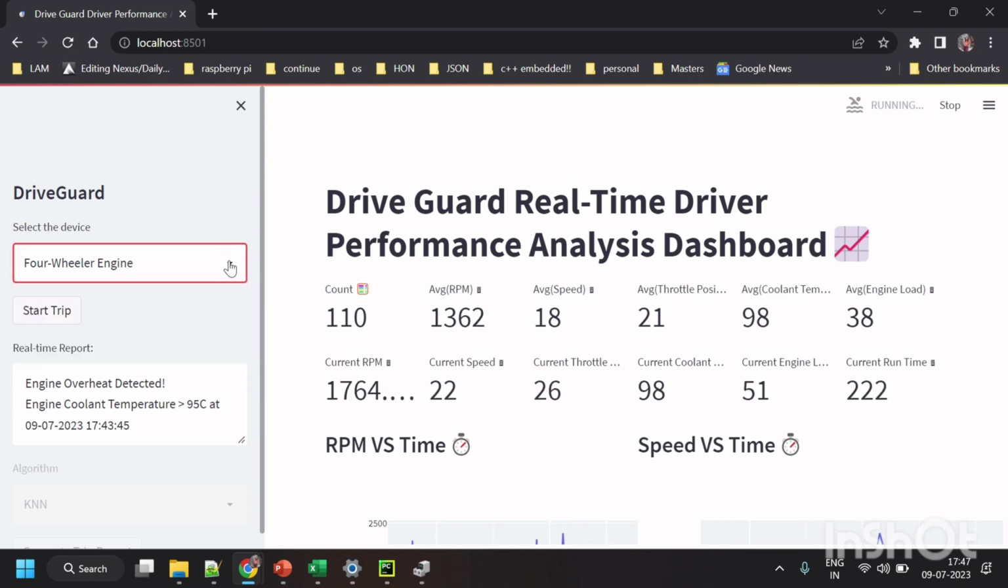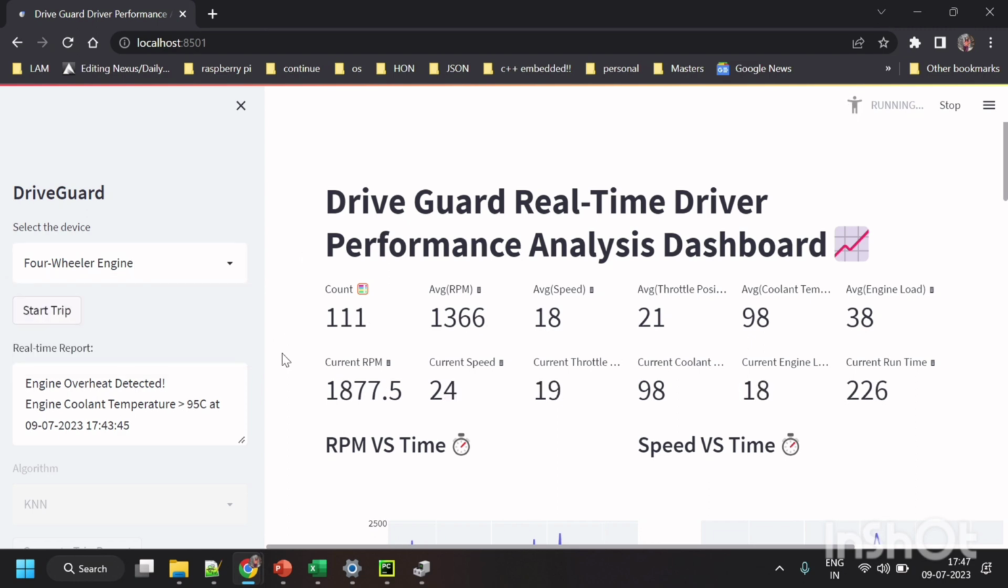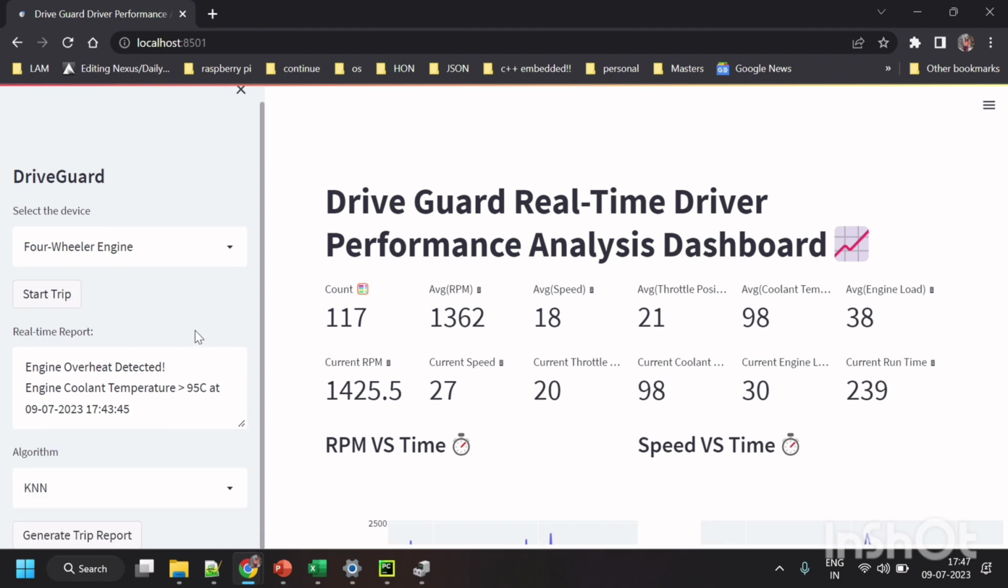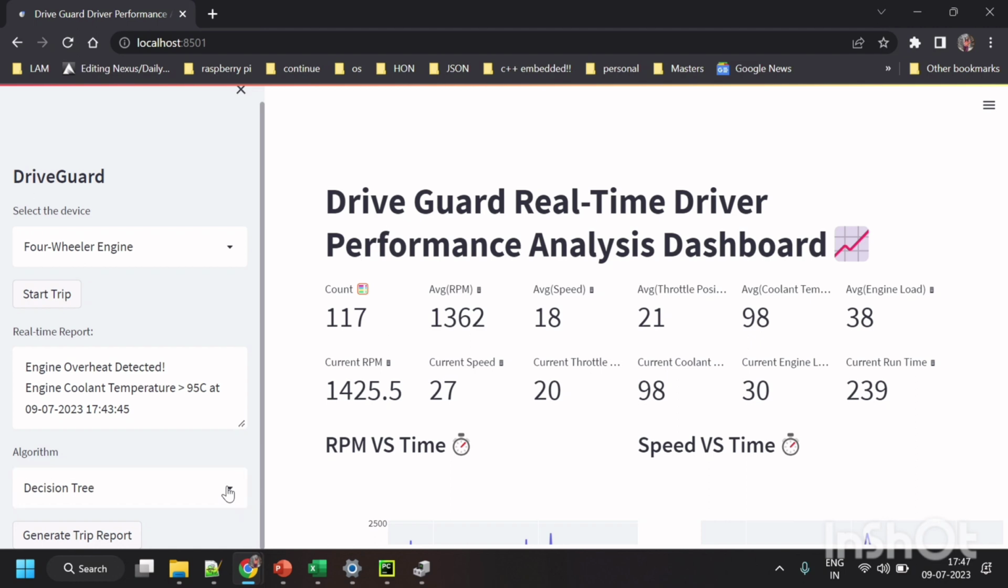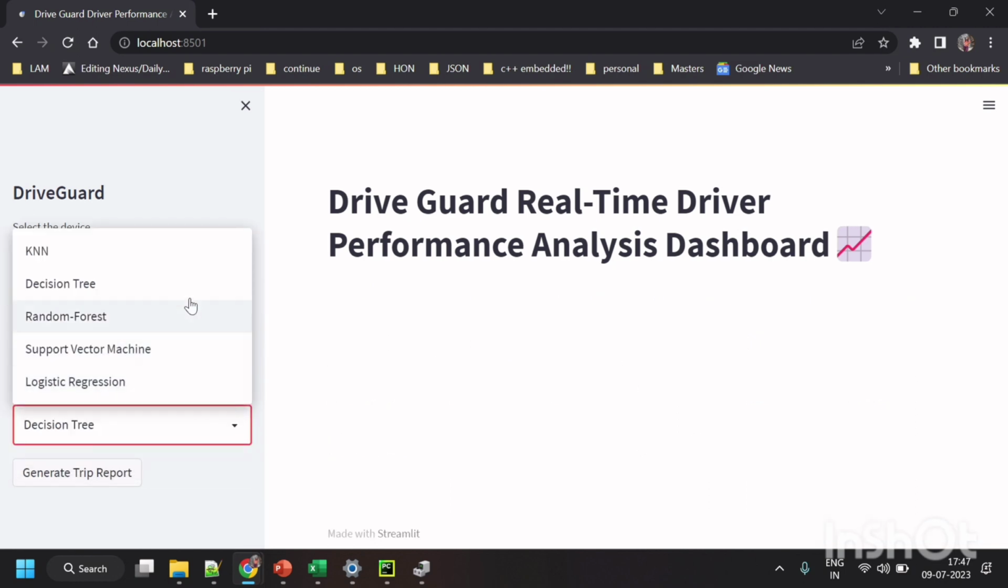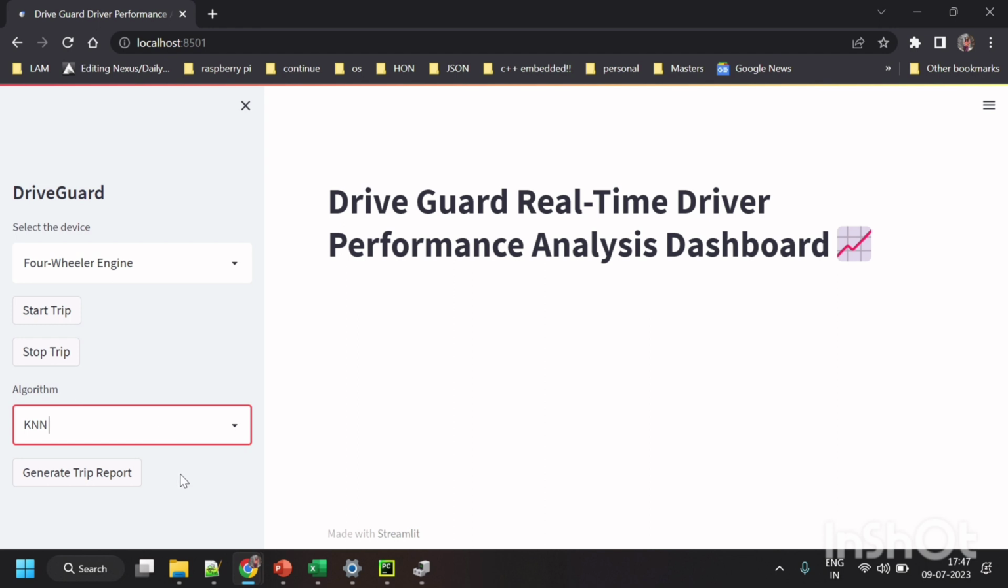Here you can see we can collect the data for two devices. Right now we have added two devices. One is for the two-wheeler and another is for the four-wheeler. So once the user clicks on start trip, that's when it connects to the OBD device and starts collecting the data. Right now I have stopped the data collection, and we have implemented all these 5 algorithms. One can select any of the algorithms and click on generate trip report. It takes a few seconds,